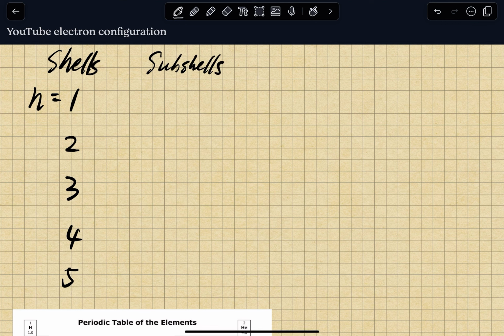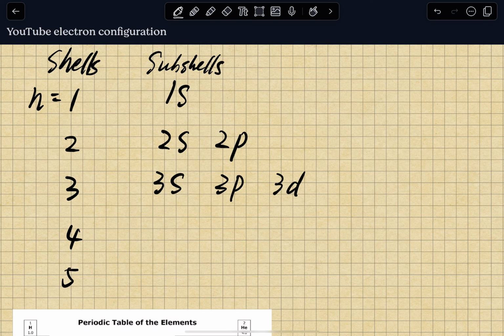For example, in shell number 1, there's just one type of subshell, which is the S subshell, so it's 1s. Whereas in the second shell, we have more subshell types, right? Not only do we have the S subshell, but also the P subshell. So it's 2s and then 2p. And then in our third shell, we have even more, being 3s,